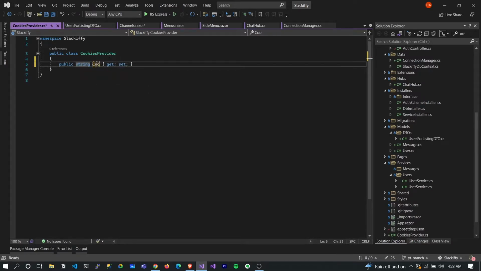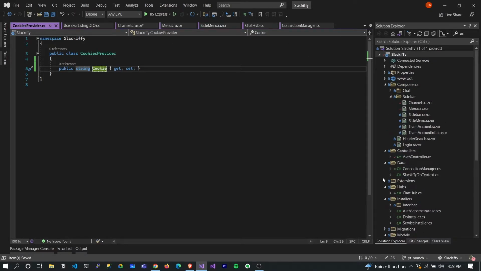Public string cookie, and so we can go into our